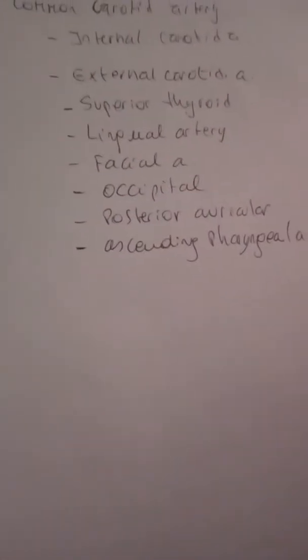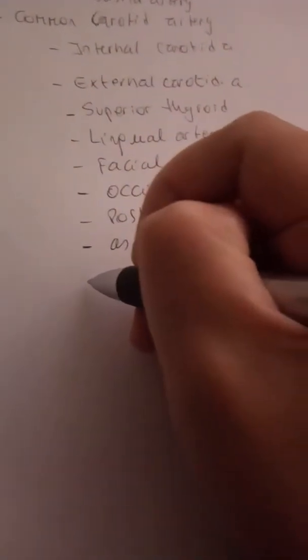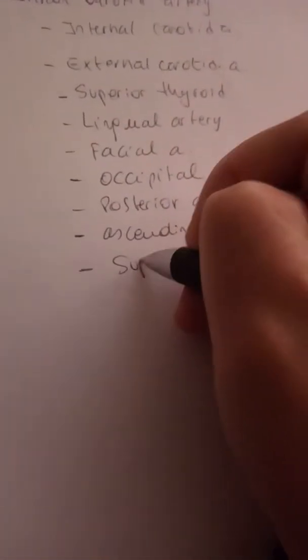We also have the posterior auricular, and in the middle is the ascending pharyngeal artery, which actually supplies the, what's the name? The temporomandibular joint. Okay, this is the answer. So the terminal branches are the superficial